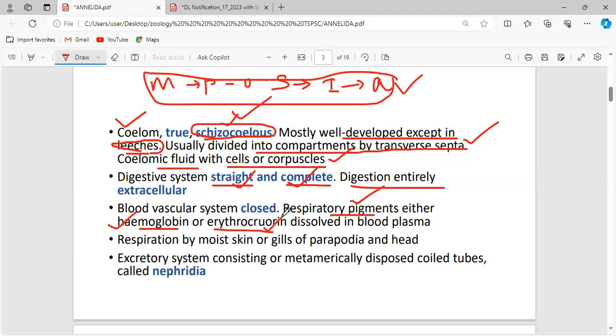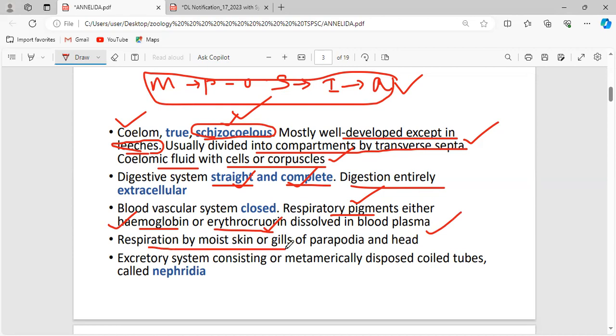Yes, heme. Hemoglobin is there. There are two different parts in this particular protein. Heme is an iron, a metal, and globin is a protein. In the same way, hemocyanin is there, hemoerythrin is there, but when it comes to the phylum Annelids, the respiratory pigments are hemoglobin and erythrocruorin. Clear? And it is dissolved in the blood plasma, we know that.